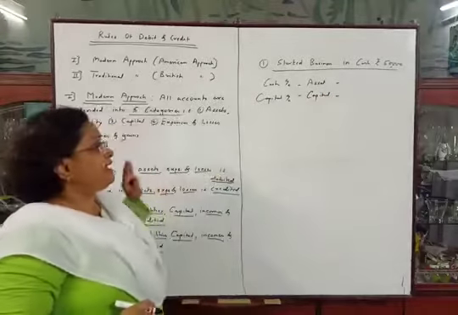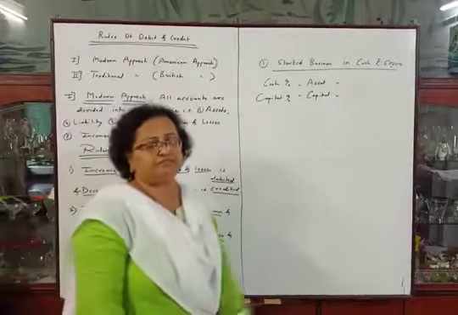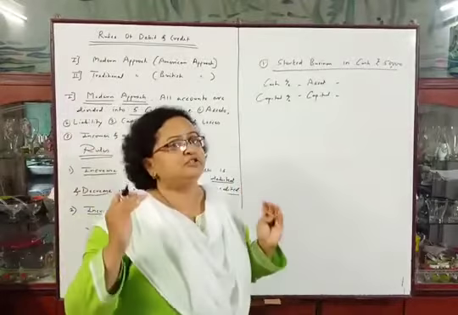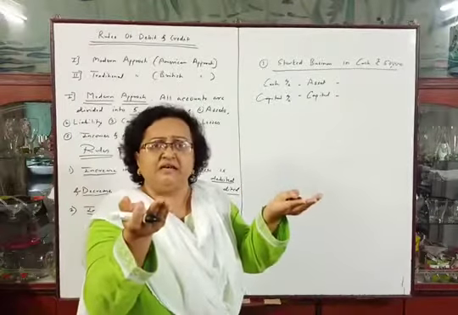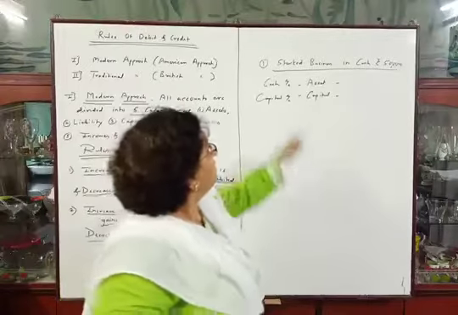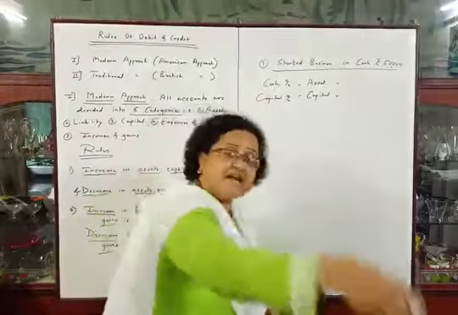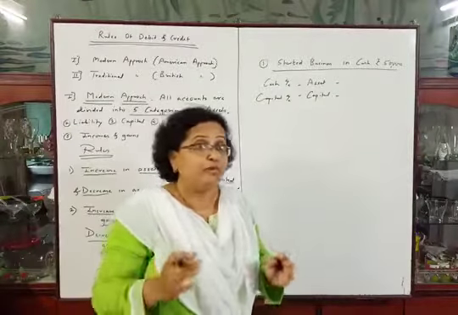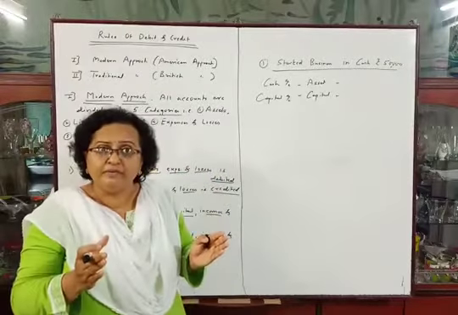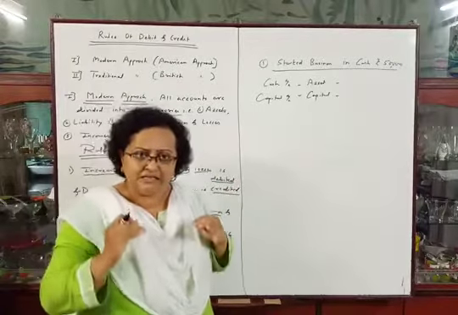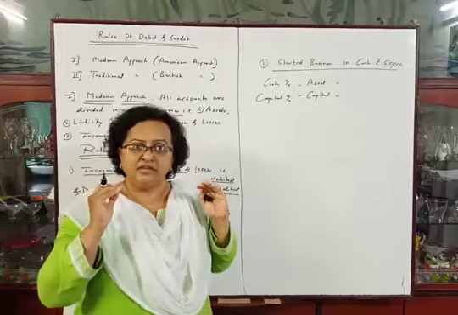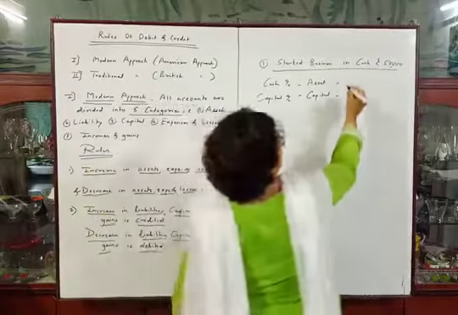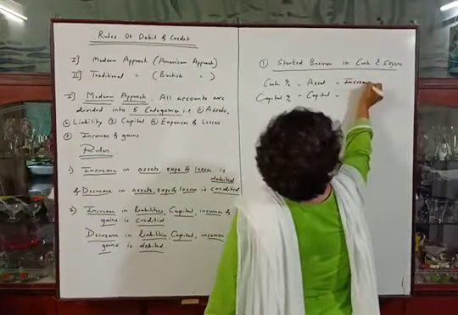Now we will apply this rule to these accounts. This rule says that assets, expenses, losses, if increases, it should be debited. See here, the owner has invested cash into the business. You have to think from the point of view of the business. From the point of view of the business, cash is coming into the business. It means cash, this asset of the business, is increasing. So there is an increase in this asset, so we will write increase.